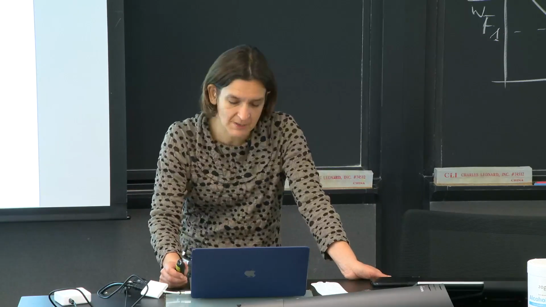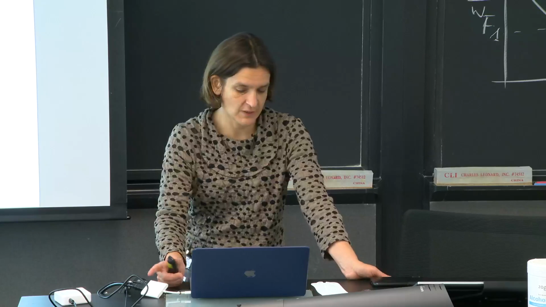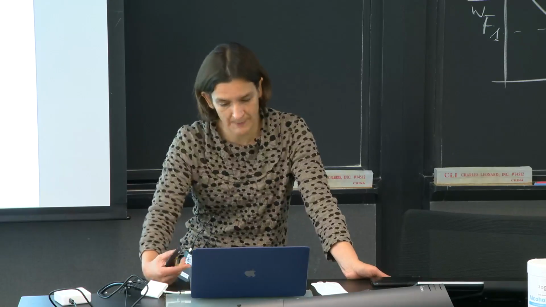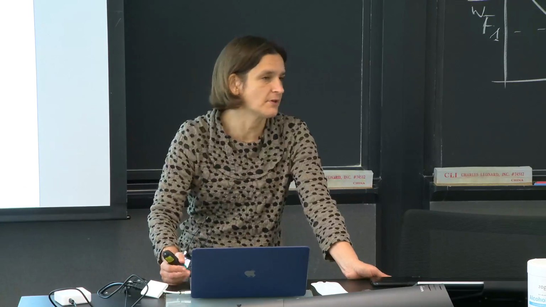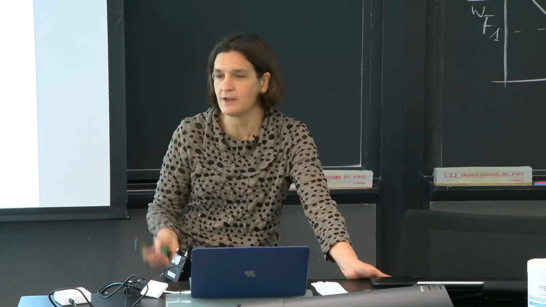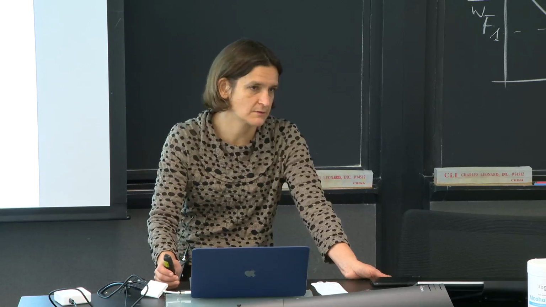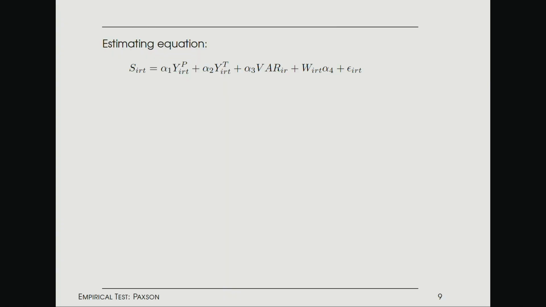So the test becomes whether transitory variation translates into larger variation in savings than a permanent source of variation in income, such as individual ownership of land, or whether people have irrigation, or whether it's good land, bad land, and so forth. So if you write your estimating equation as saving being a function of permanent income and transitory income, you would like to see a 1 here and a 0 here, and the 2 being a 0 here and a 1 here,